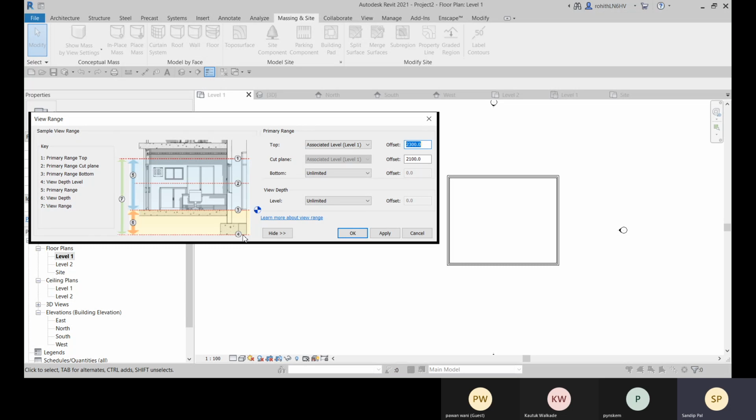But if there is no level, you cannot show it through the underlay. And here you can mention unlimited. So you can go for everything, you can make it unlimited.